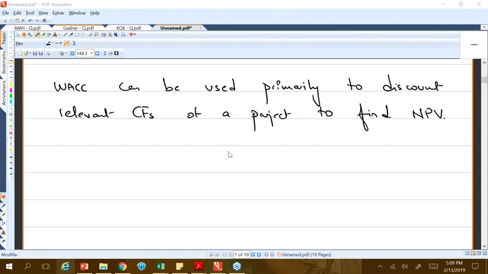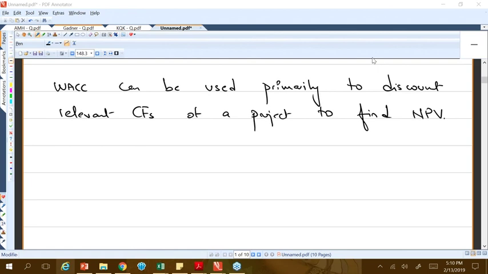Business valuations, yes, that is right. Where else? Business valuations, yes, I agree. Ratios. We don't really discount ratios unless you tell me which ratio you are talking about. But yes, business valuations, I agree with that. CAPM doesn't use WACC. CAPM doesn't use WACC. So, yeah, a few right answers.